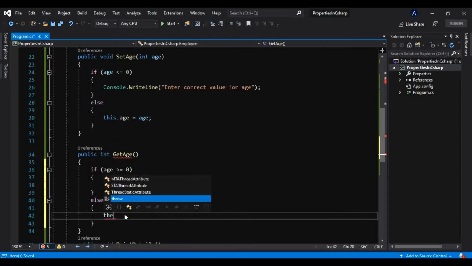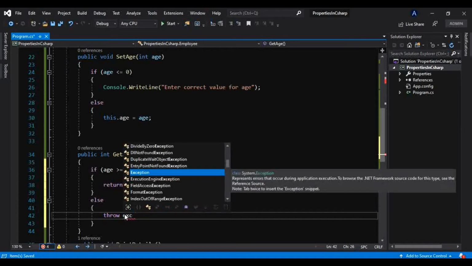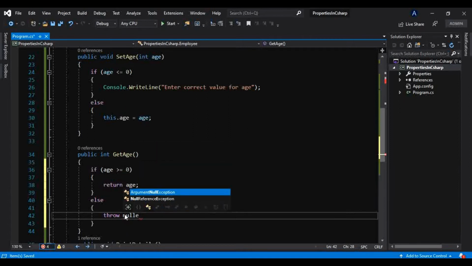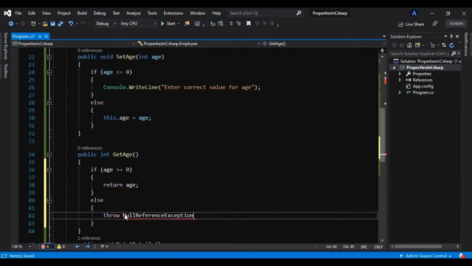Now again, we have not learned about exceptions, but don't worry, we will be learning them in great detail. We want to throw a null reference exception here, like this.